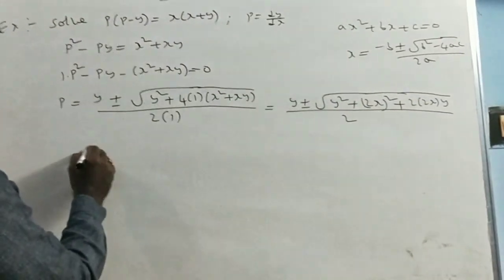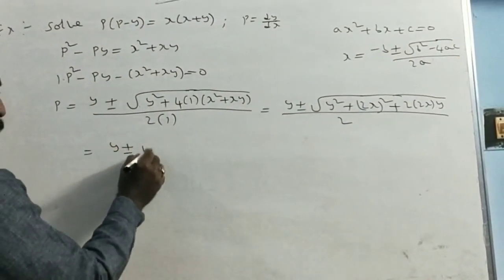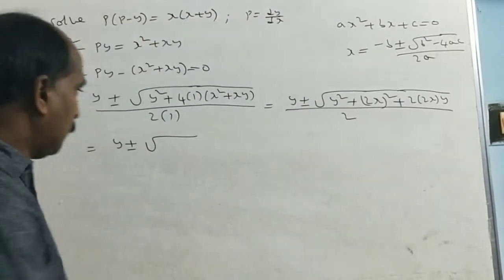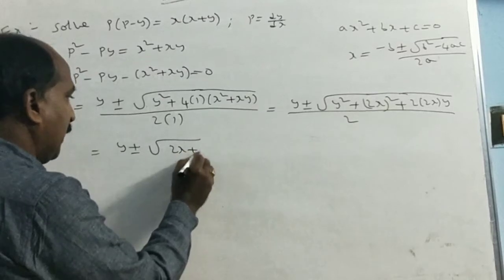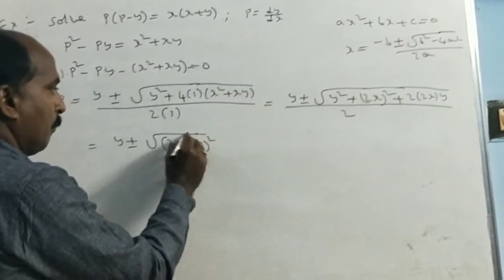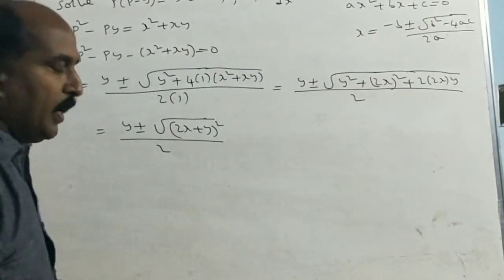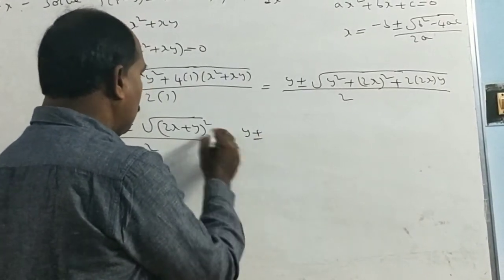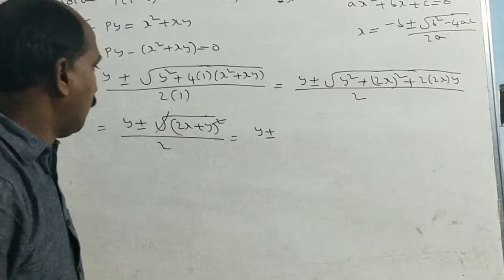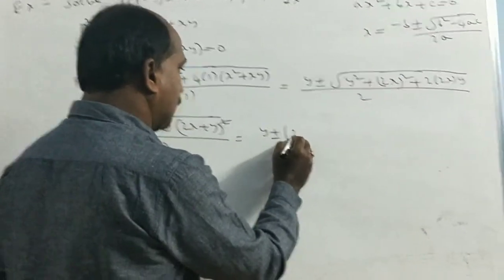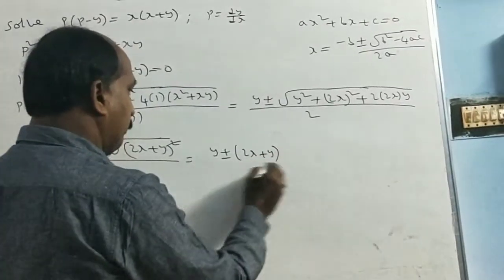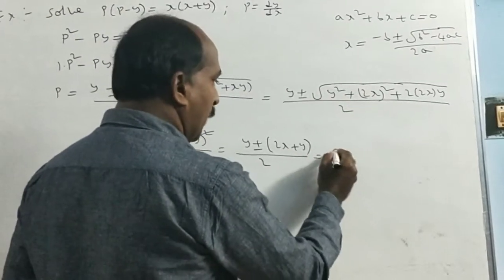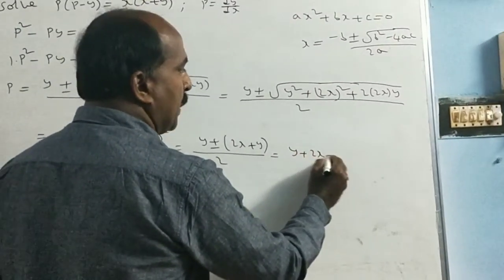Equal to y plus or minus root of, so this one is 2x plus y whole square, by 2. The square root cancels, so y plus or minus 2x plus y by 2 equal to y plus 2x plus y by 2